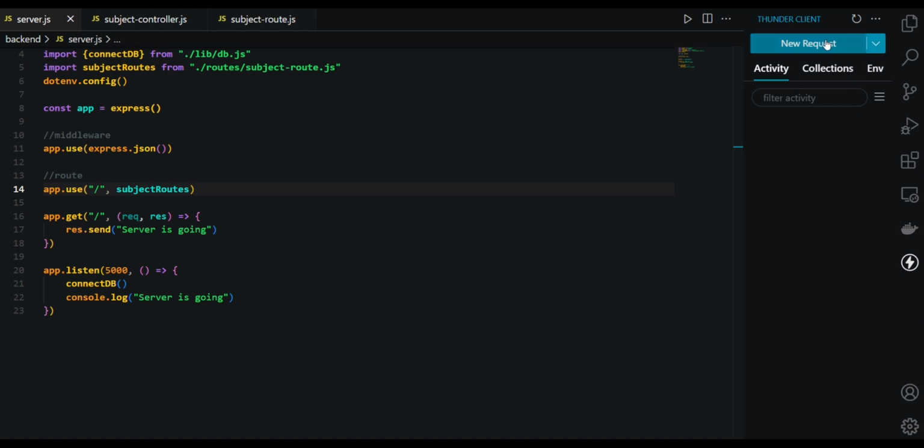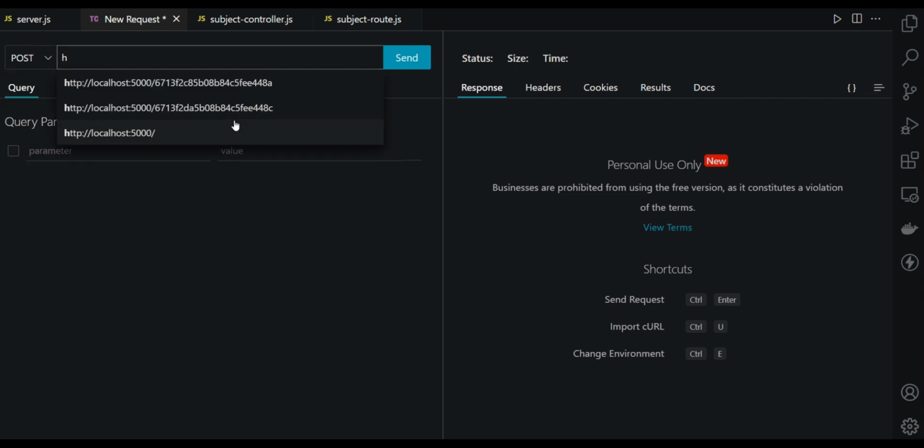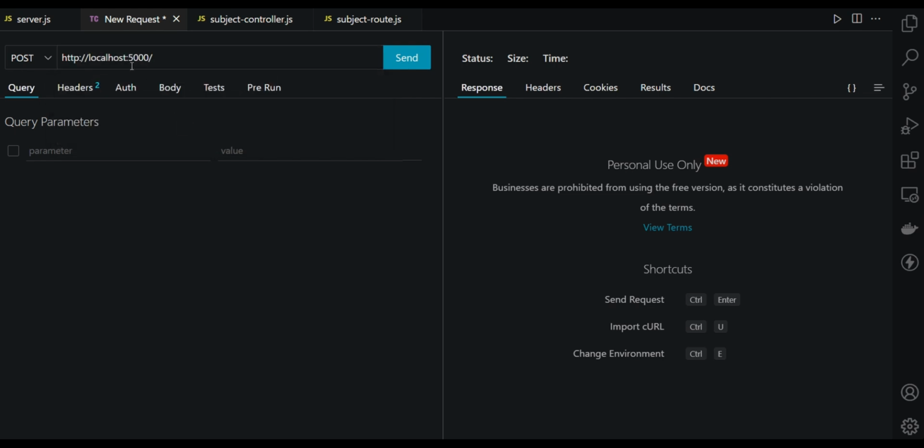So in Thunder Client, if you click on New Request, what we want to do is first change the request from get to post. Then we're going to remove the current URL that's listed there and replace it with http://localhost:5000. And because we set everything to the home route, we're just going to leave our post request to just / and then blank. And what we'll be passing in, we want to click on the body, and we'll be passing in JSON data. So if you click on the JSON content and add an object,